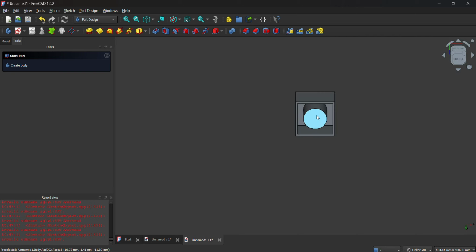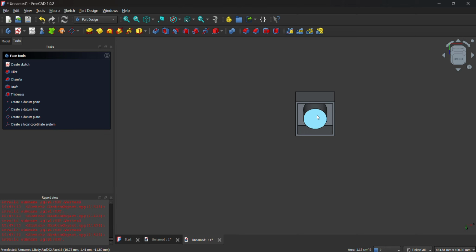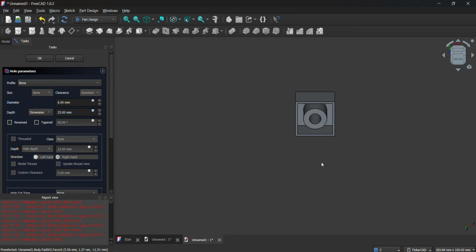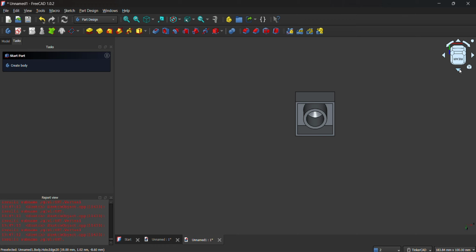Okay, now we have a solid cylinder here. In this plane, we can create a hole. See? Okay, and it's a 6 mm hole. If it's 6 mm, the solid cylinder there cannot insert here because it's smaller. So let's make it 9 mm. And of course, the depth should not be 25 because the thickness of this box is only 10. So it must only be 9 mm. So again, the depth is 9. The diameter is also 9. Okay, we have now a hole. I hope you understand that.